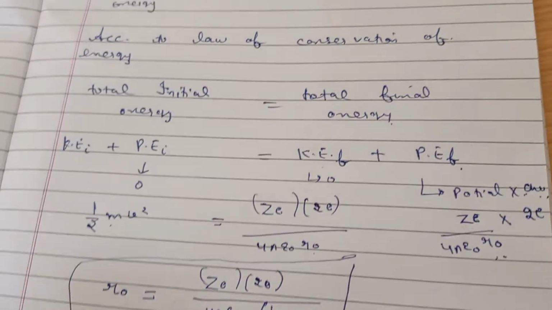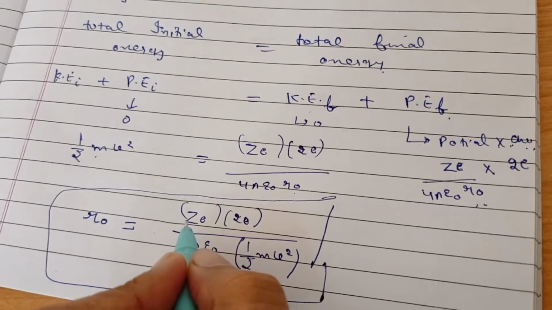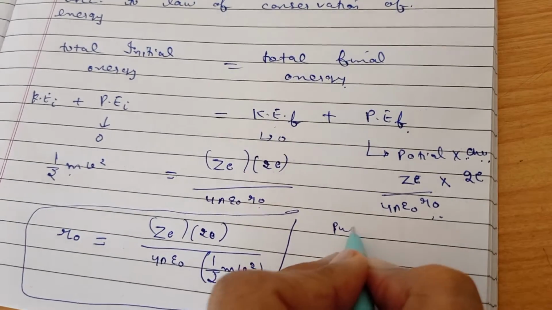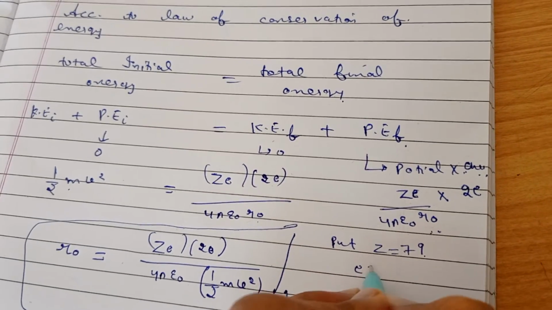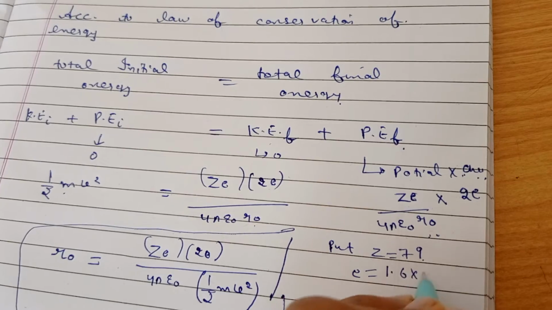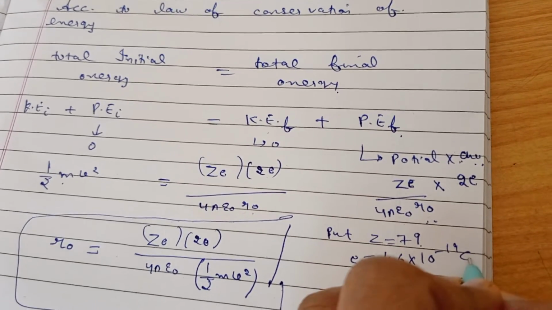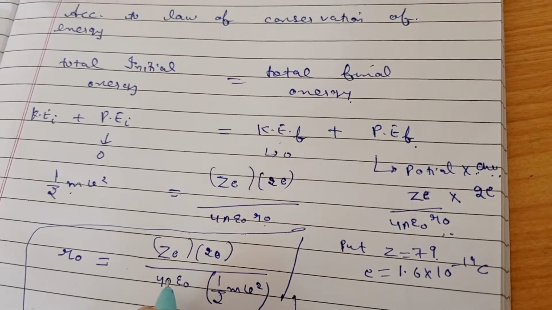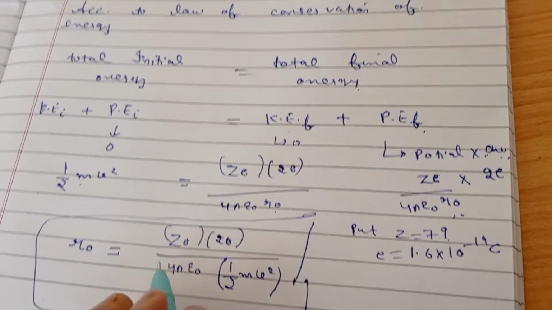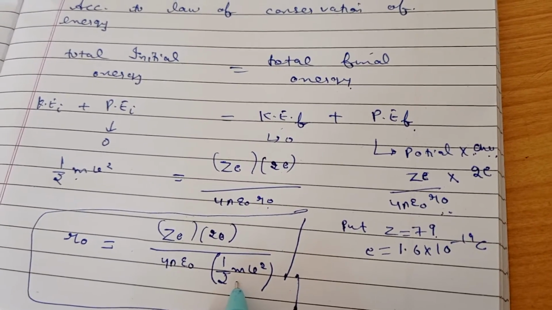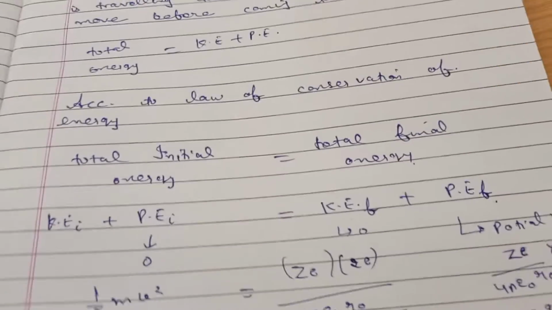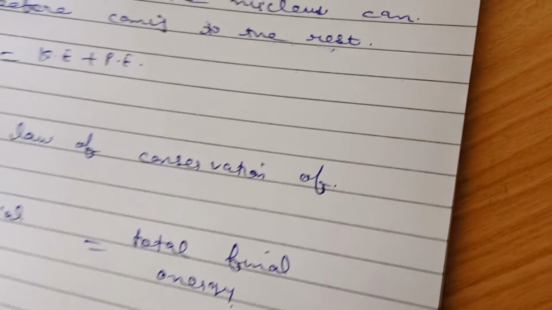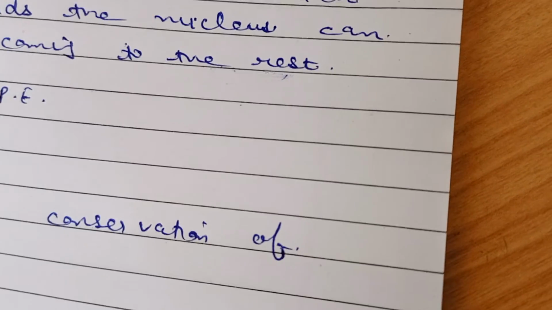Okay students, if you put the value of Z in this expression as 79 for the gold atom, what is the value of e? You know very well, the value of e is 1.6 into 10 raised to power minus 19 coulomb. 1 by 4 pi epsilon naught, you know, is 9 into 10 raised to power 9, and the mass and velocity. Here will be the mass of the alpha particle, since here it is not an electron, here it is the alpha particle which is incident on the atom.